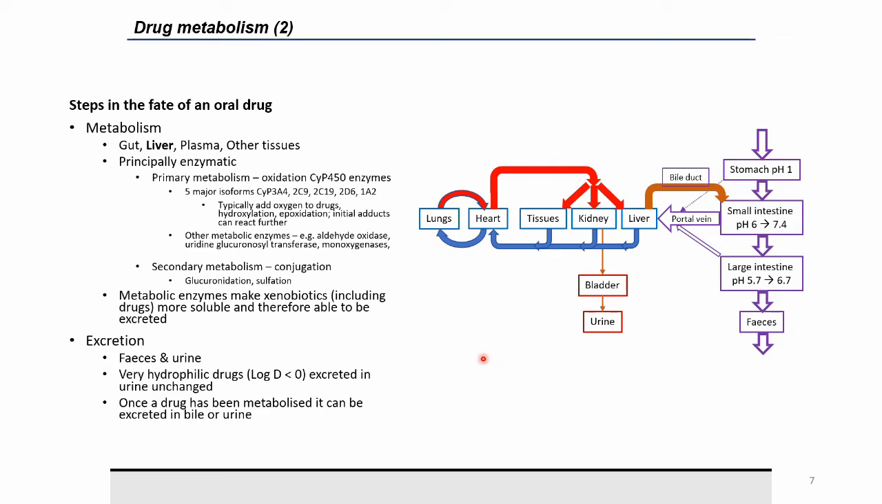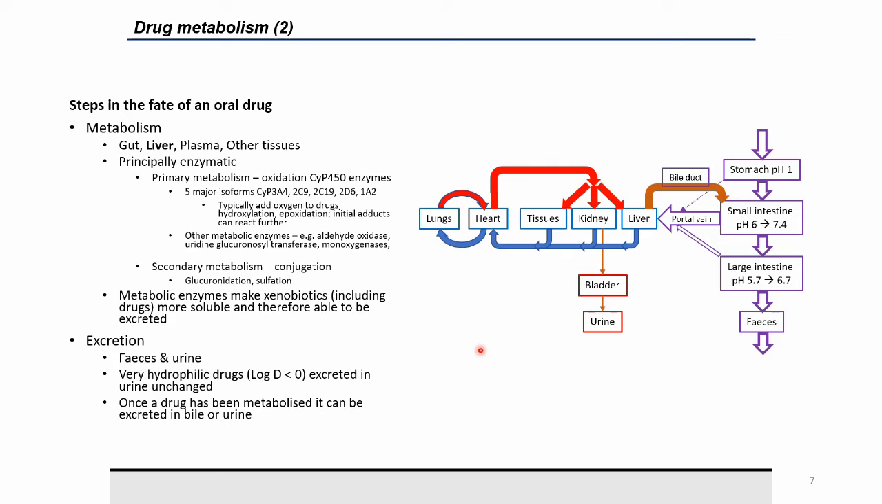They typically add oxygen to drugs. So they do reactions like hydroxylations and epoxidations. But the initial adducts can react further, so that's not necessarily what you see. There are other metabolic enzymes: aldehyde oxidase, uridine glucuronosyl transferases, monooxygenases. They are important in specific cases, but they have a narrower substrate range than the cytochromes, which basically will metabolize anything. And then there's secondary metabolism, which is conjugation, which is the addition of groups that make molecules more soluble,